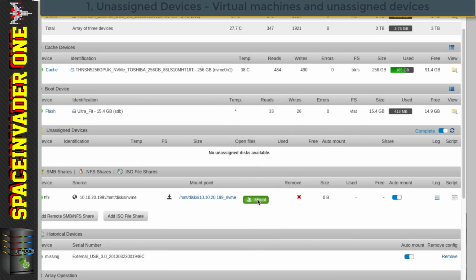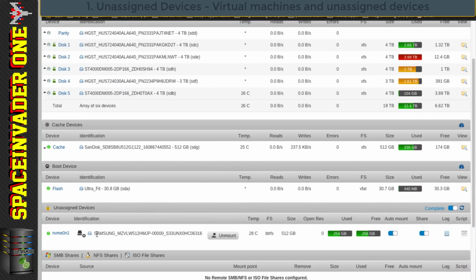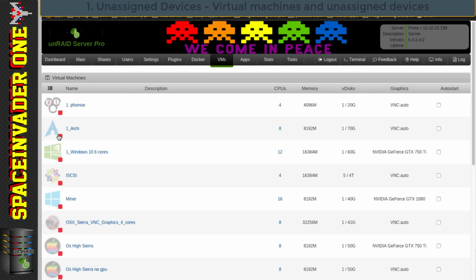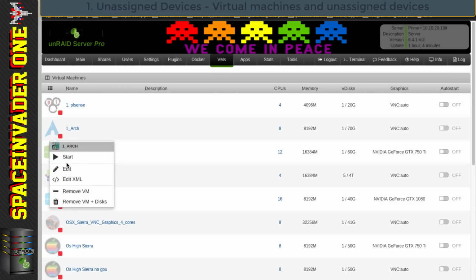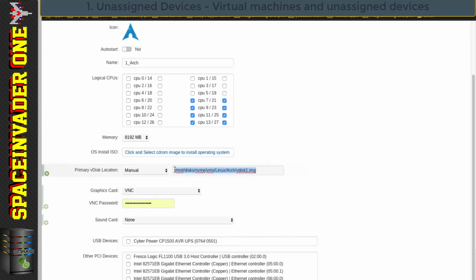The share that I've connected to is the shared NVMe drive on my main server, which is also connected by unassigned devices and shared on the network. So let's quickly look at that on the other server. This is the NVMe drive that's shared across the network using unassigned devices. Now what we'll do is go to the VMs tab and have a look at this Arch Linux VM. You can see here this is its disk location, it's on the NVMe drive, and it's just a basic VM